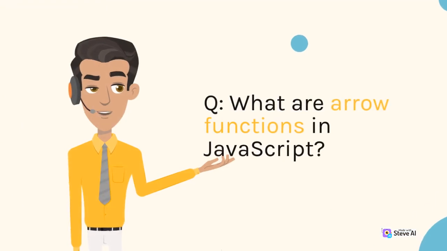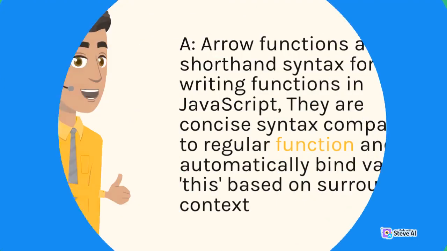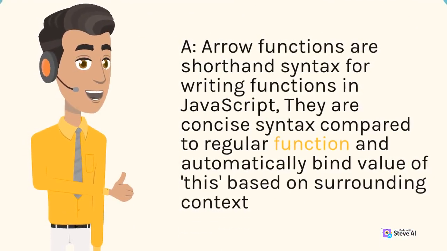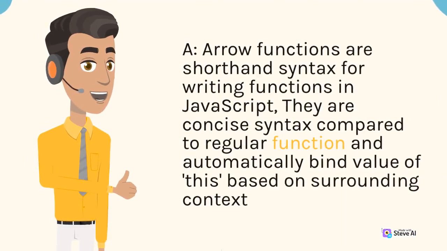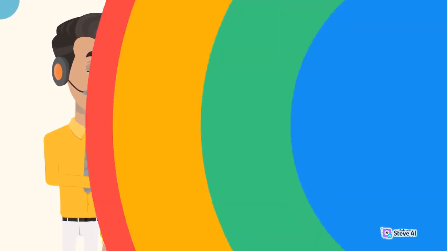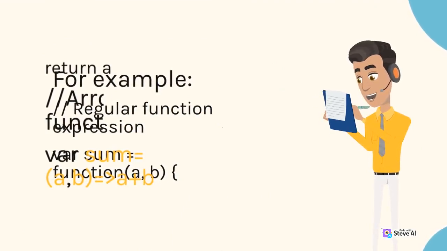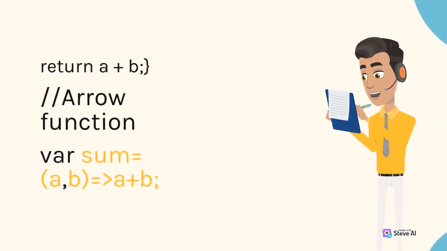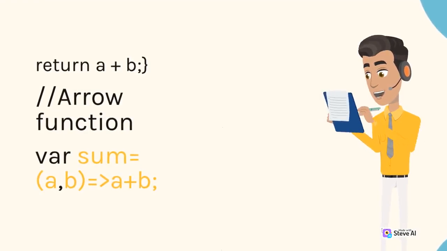Q. What are arrow functions in JavaScript? A. Arrow functions are a shorthand syntax for writing functions in JavaScript. They are a concise syntax compared to regular functions and automatically bind the value of this based on the surrounding context. For example, // regular function expression: var sum = function(a, b) { return a + b; }; // arrow function: var sum = (a, b) => a + b;